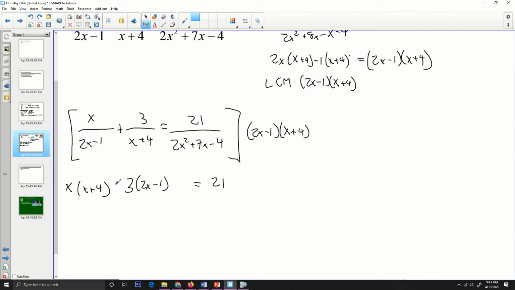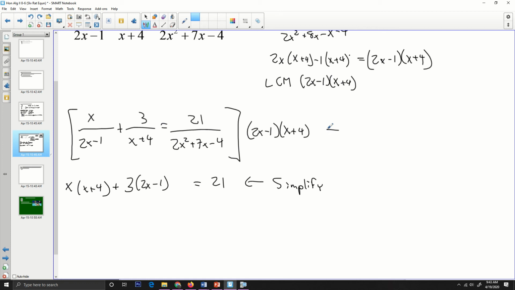Now we're still adding, so this is a polynomial, and so here I'm just going to simplify, and I suppose I should say that I am multiplying by the LCM. And so here I'm simplifying. So I've got x squared plus 4x plus 6x minus 3 equals 21. So I'll have x squared plus 10x minus 3